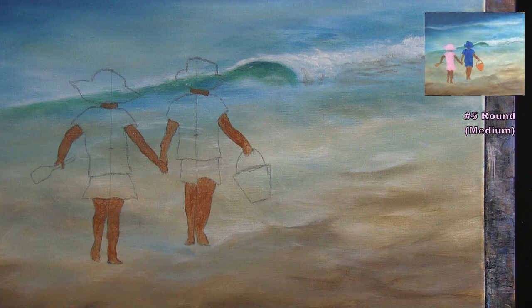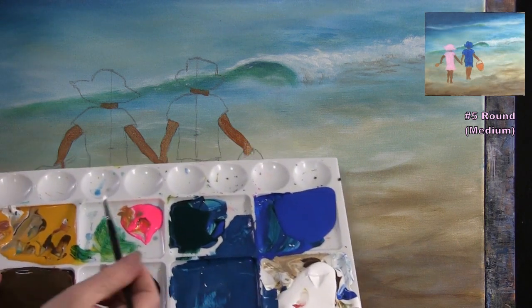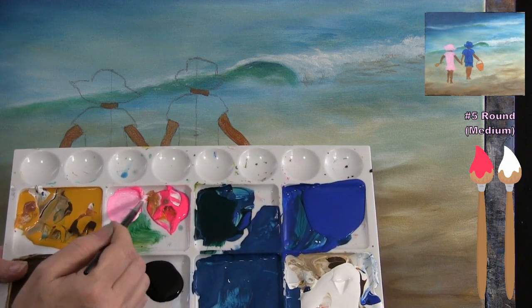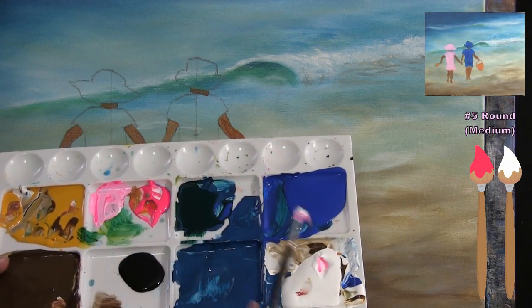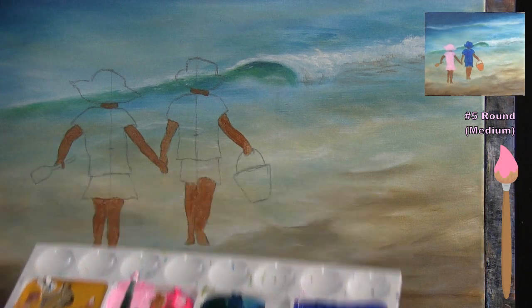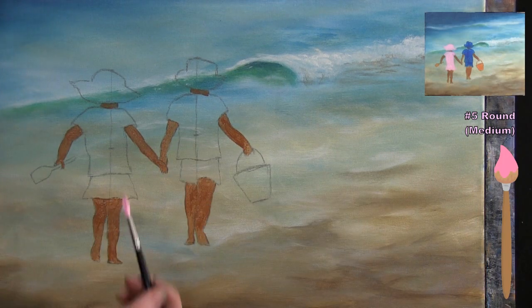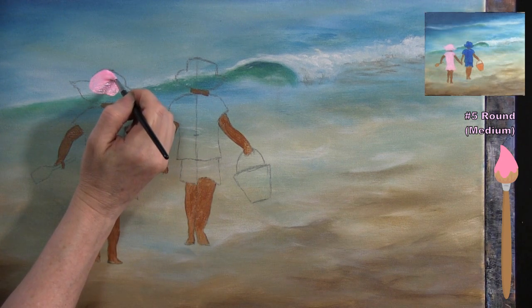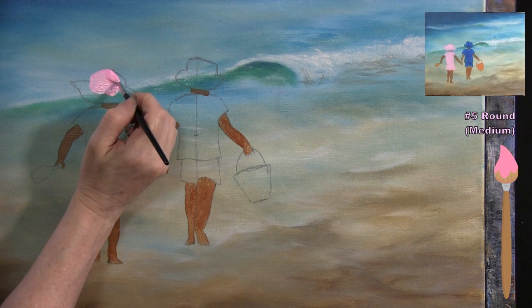So for me, I just washed and dried my brush. I'm going to add a little bit of white to some of my pink. So the base coat of her clothing is just going to be a nice light pink, and then we'll add some highlights and shadows on top of it later. I'm going to paint all of her clothing, including her hat, with this color,